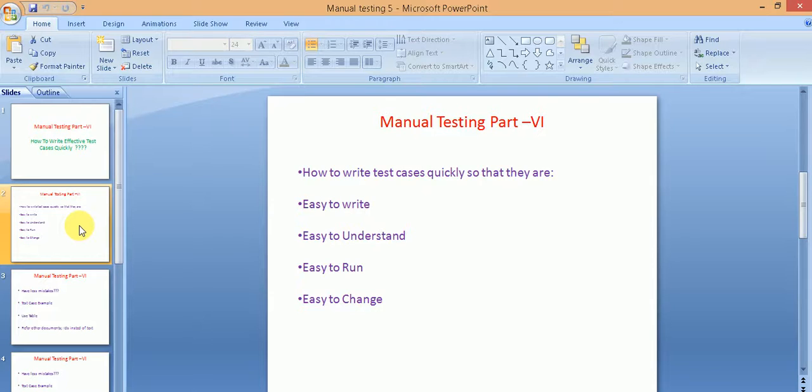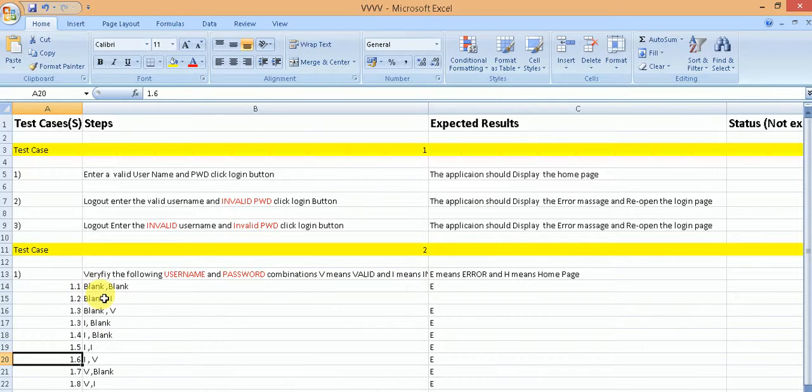Another thing you can do is, instead of copying text from other documents such as requirements documentation, you can simply refer to those IDs in the other documents. That is going to save you time, because copying and pasting text into your test case takes some time.